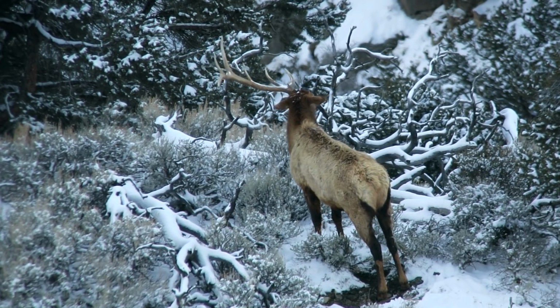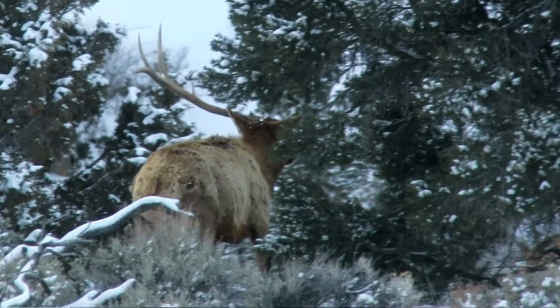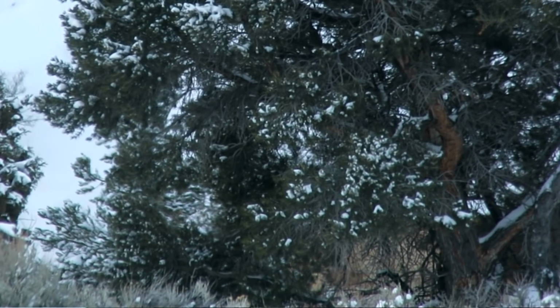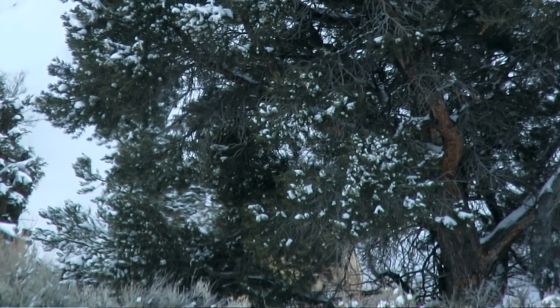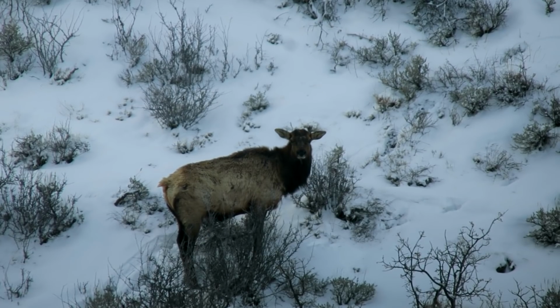They knew I was up here on this hill. I didn't think they were going to come this way. They didn't really care. They just kind of fed around the side hill, went down in the bottom to where I couldn't see him for like 15 minutes. And then all of a sudden they come running out the other side, and he's just throwing his head around, bucking and going crazy. And by the time I got the scope set on it, he quit doing a lot of that stuff, but he's still